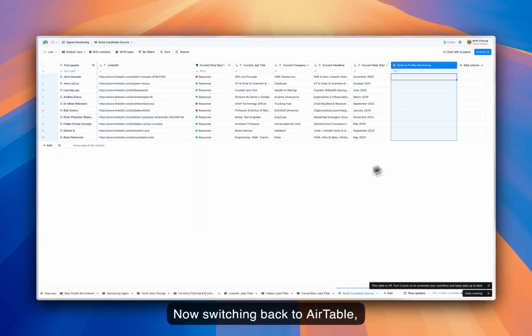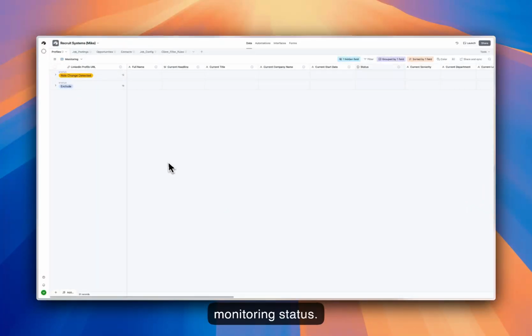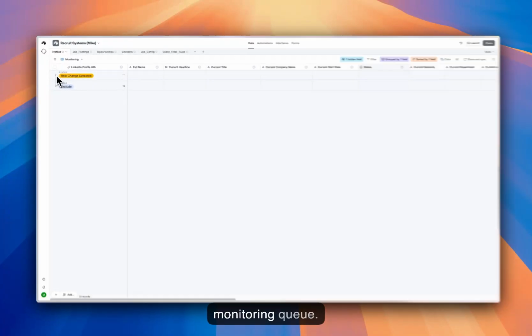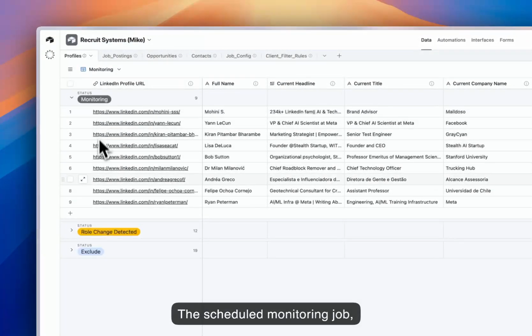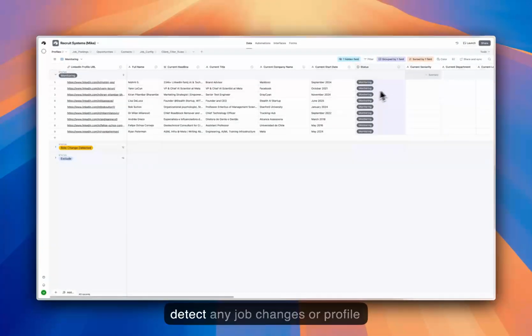Now switching back to Airtable, the Profiles table now displays all 10 candidates with monitoring status. This status flag signals that these profiles are active in the monitoring queue. The scheduled monitoring job, which runs weekly, scans all profiles with monitoring status to detect any job changes or profile updates. The import process is complete at this point, and these candidates enter the monitoring cycle on the next scheduled